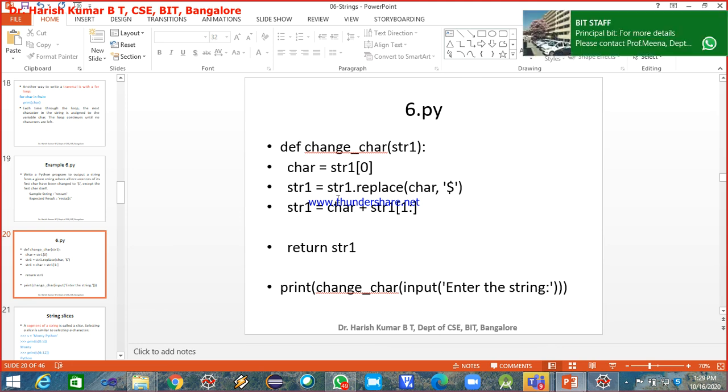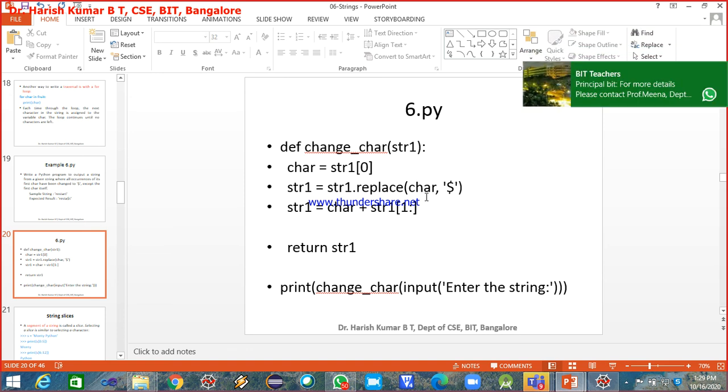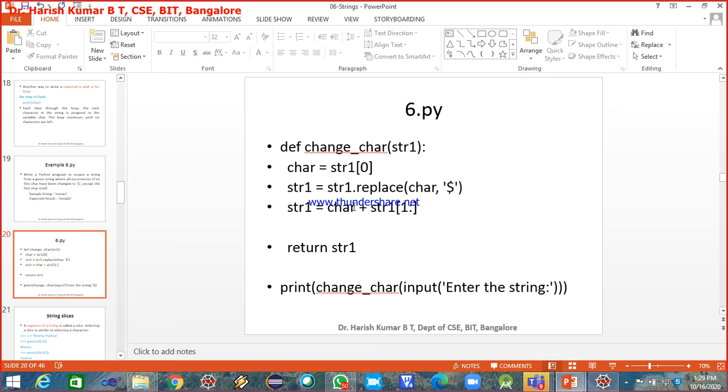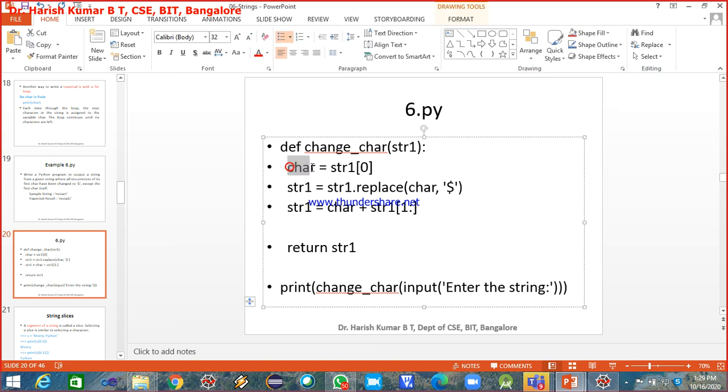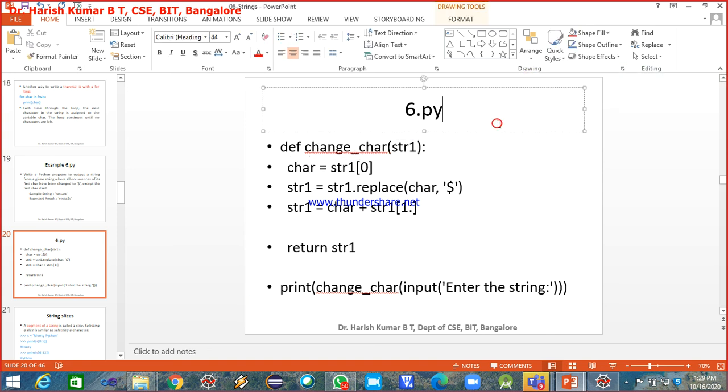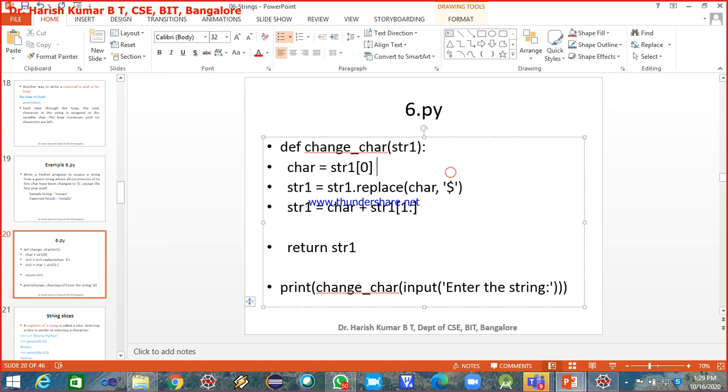One second, sorry. So replace the occurrence of R with dollar, and I'm taking this character now and appending. The first character I've already assigned to this. Say for example, restart. Let me write the same example below here. Just observe here.